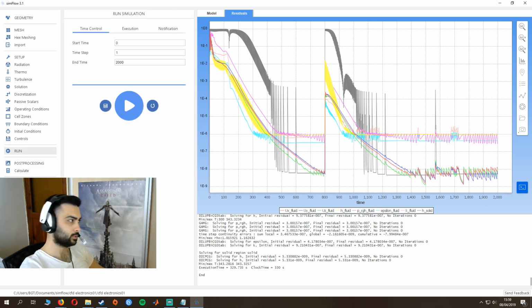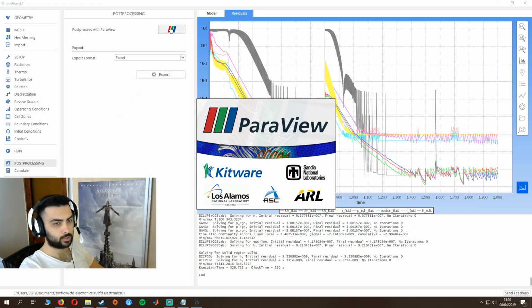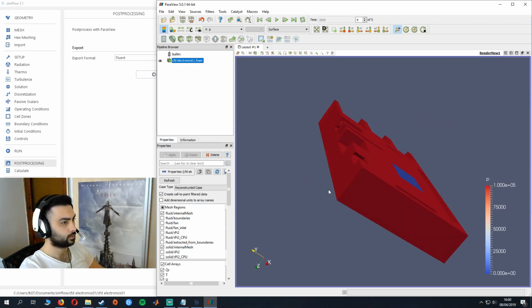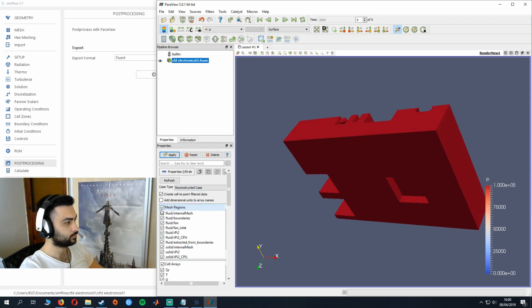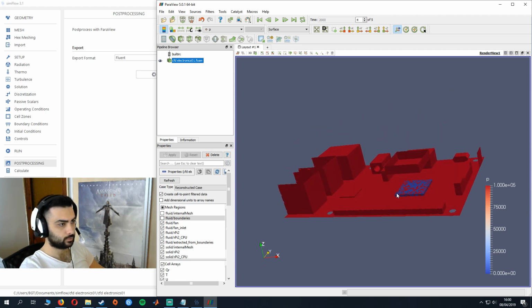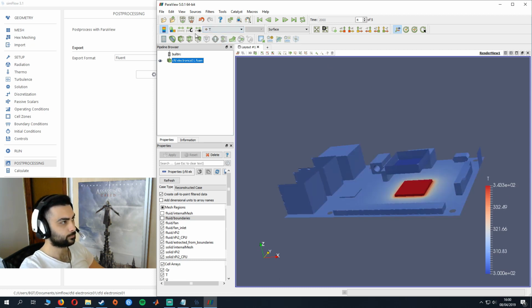Now we will go again to post-processing with ParaView, and again we will go to the last time, hit apply, and again just deactivate the fluid, internal mesh and boundaries, and hit apply again, and it's like this. Again we will just change it to T and